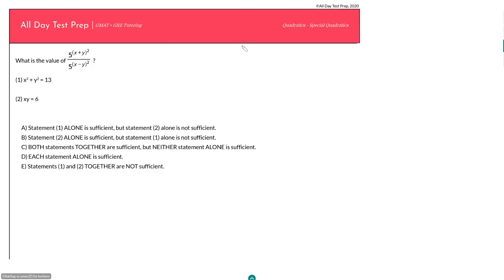Before we do that, we can say, well, this is sort of an exponent problem as well. So we are dividing exponents with the same base. We can think of this as just being 5 raised to the a over 5 raised to the b. That should be equal to 5 raised to the a minus b, except in this case, a happens to be equal to (x plus y) squared, and b is equal to (x minus y) squared. So that would give us 5 all raised to the, and now if we were to distribute these out, it would be x squared plus 2xy plus y squared